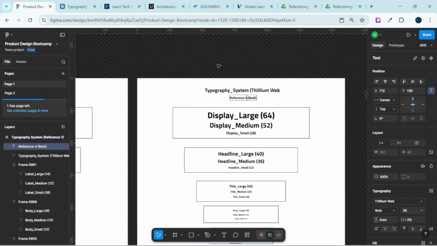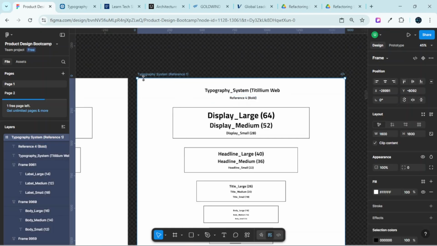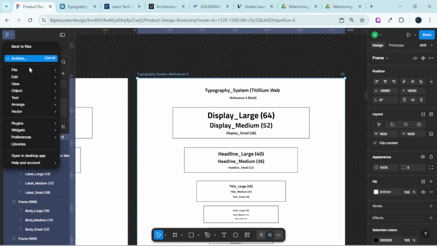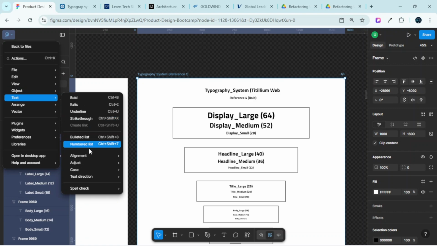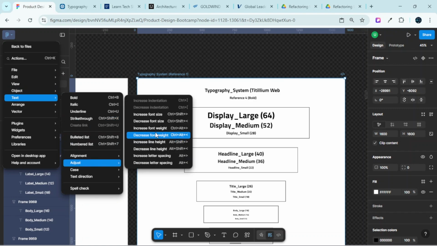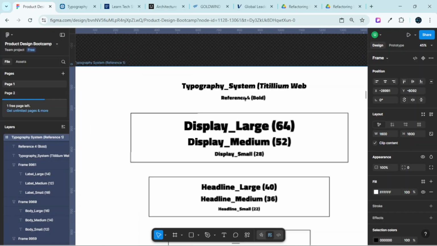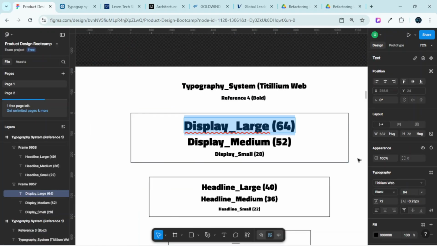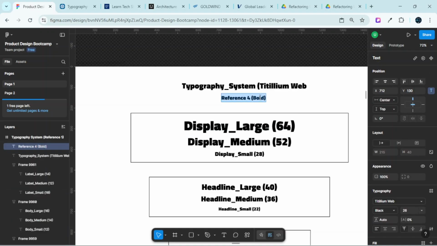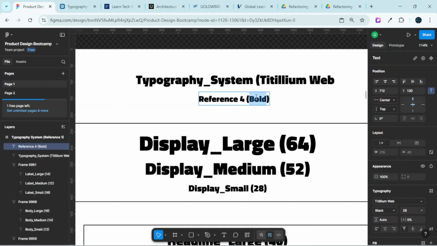What font weight will it be? I don't know yet, so I'm going to select that particular frame, click on that drop down again, go to where it says text, over on it, come over to where it says adjust, and just click on increase font weight. It will continue to increase the font weight until it gets to the last font weight that is available for that particular font family. So I'll click on increase font weight, and of course, it has now increased the font weight. This will most likely be black. So select a text there, and you can see that this is now black. So I'll come over here, change this from bold to black,